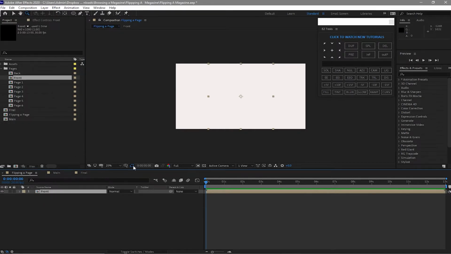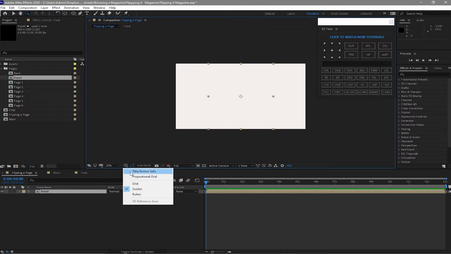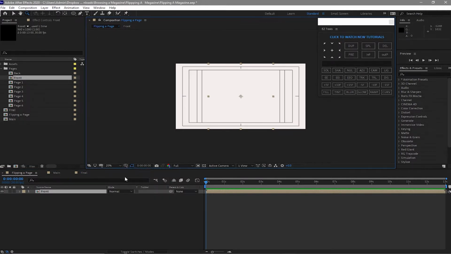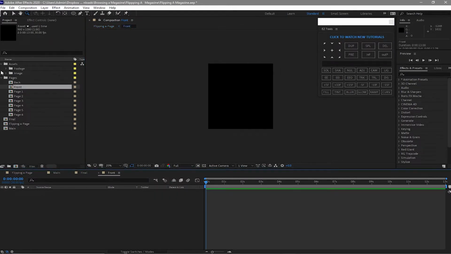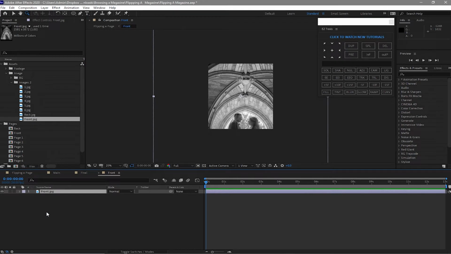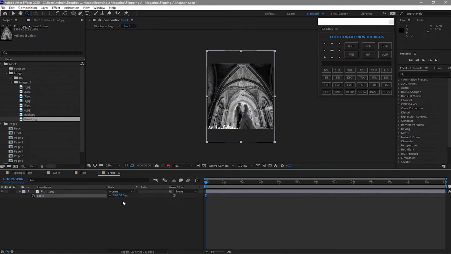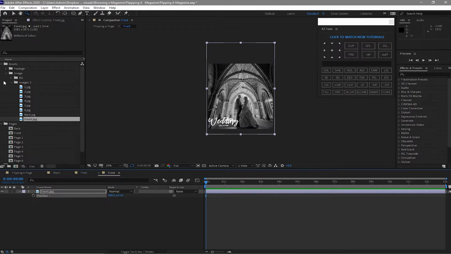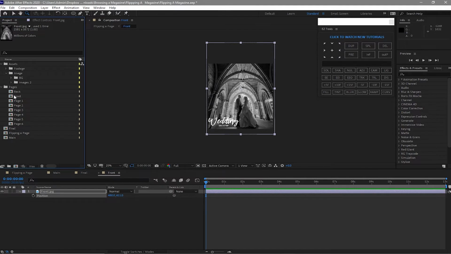And I will enable the title action safe. I have to open it up. And I'm going to drag the image here so that there will be an image for the front. Press S for scale, and probably I will just adjust it this way. And then press P for the position and drag it up. And also I think the back, you have to open it up